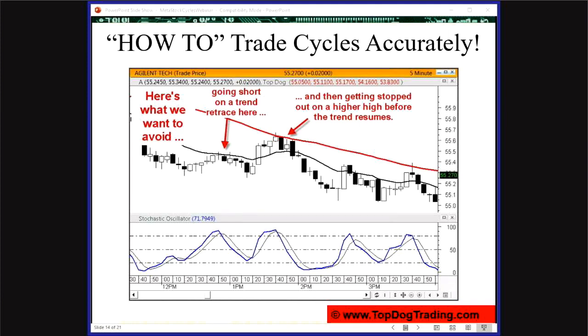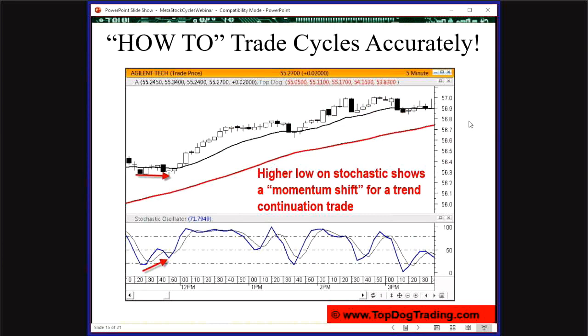Well, we do it with these little mini divergence patterns, or these little second chance patterns, or these little momentum shift patterns, whatever you want to call them. So here's what it looks like. Here we've got a retrace in the trend again, 50 EMA going up. That's why I measure trend. Come back to the 15 EMA. That's what this black line is, the 15 exponential moving average. Got just a little bit of a lower low on price, but look at K, higher low on K.